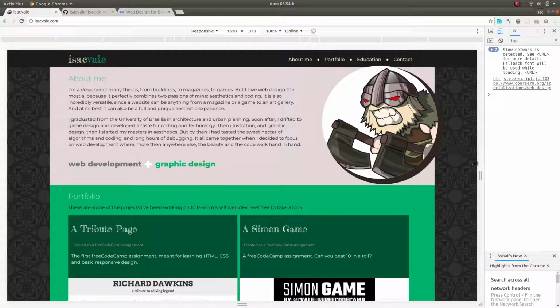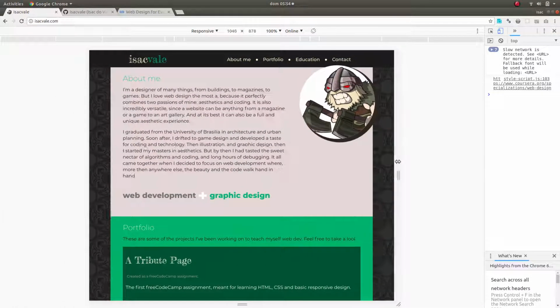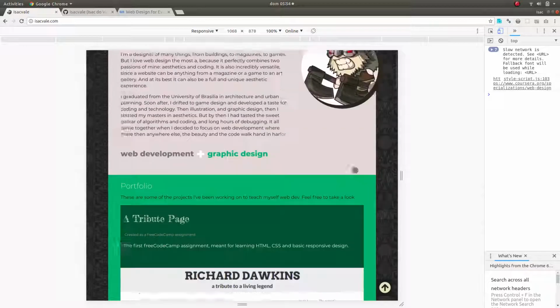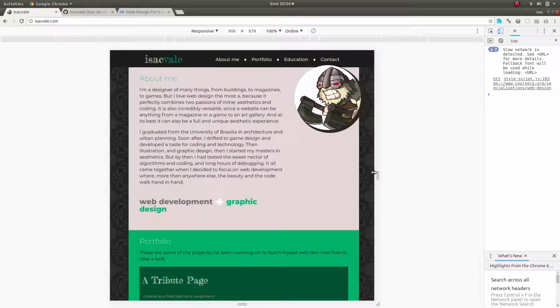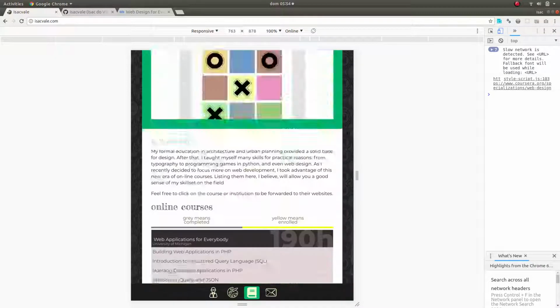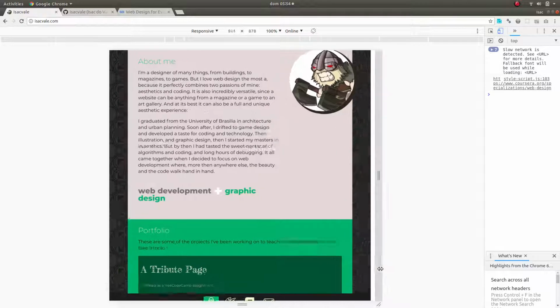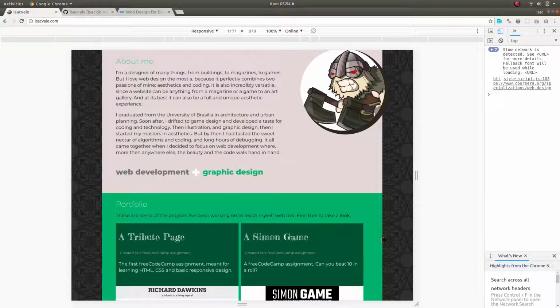The nav bar here, as the page shrinks, it moves down here with icons instead of text, and as it goes bigger,